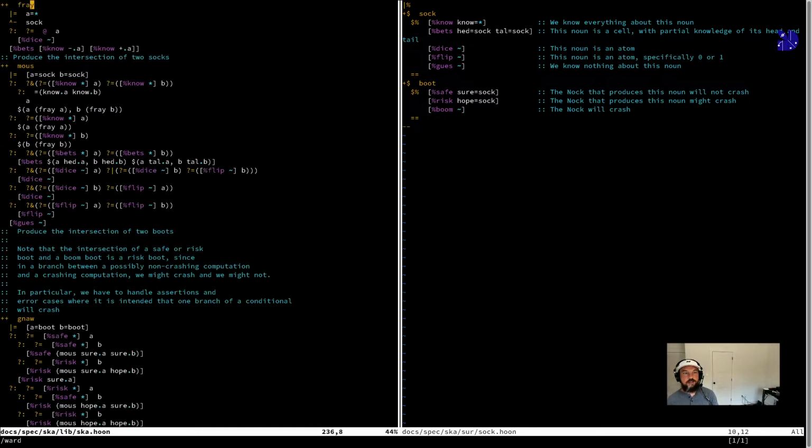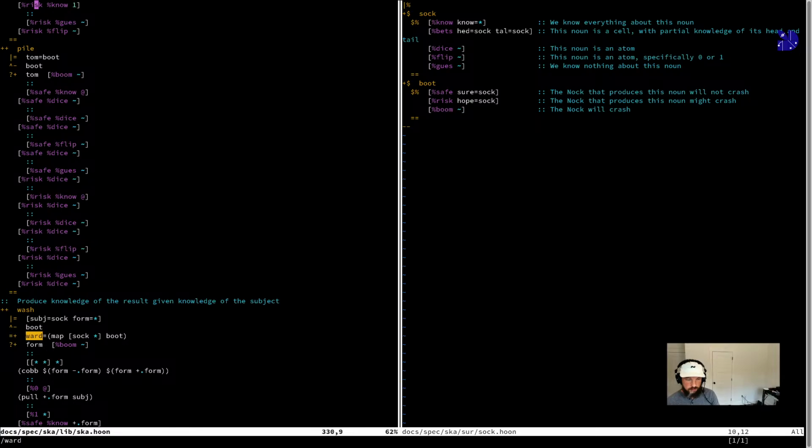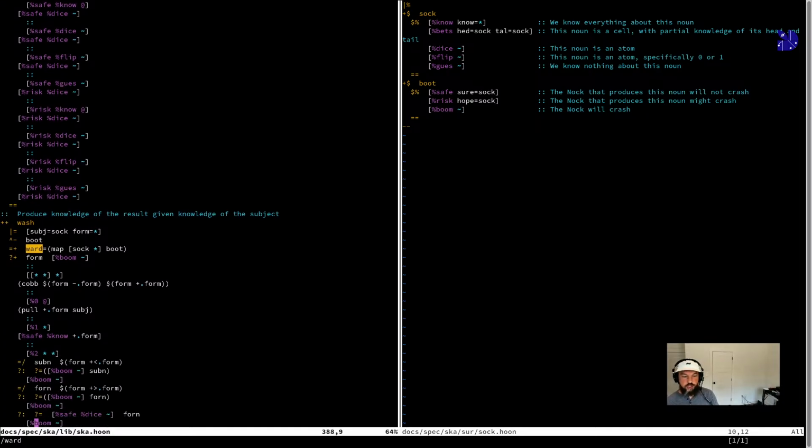We're not going to go over this as it is integrated into the code generator. We'll probably do that in another stream, or at least call that out. But this is a function that just does subject knowledge analysis without code generation. So it takes some assumption about a subject, it takes a formula, and it produces